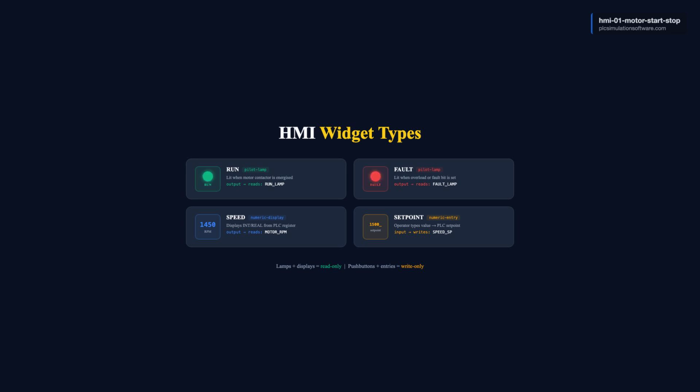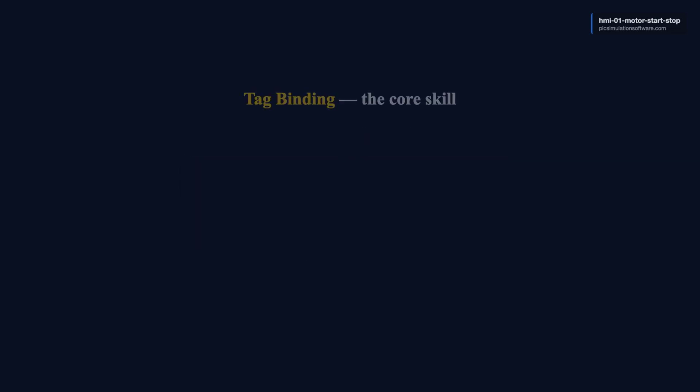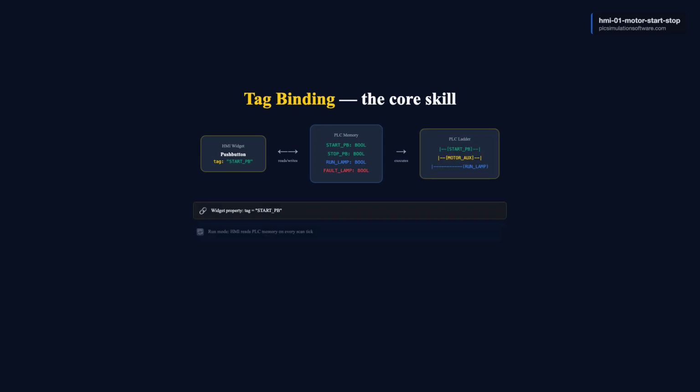Always bind numeric entry widgets to set point tags, never to output coils. Tag binding is the core skill in HMI programming. Every widget on the screen has a tag property. You set that property to the name of the PLC variable you want to connect. The tag name must match exactly. No spaces, correct capitalization. When you switch to run mode, the HMI reads that tag from the PLC simulation on